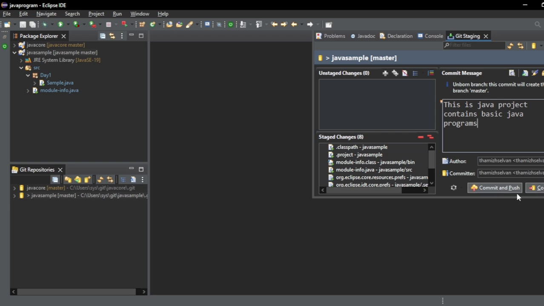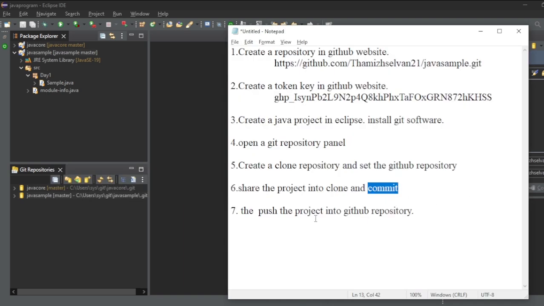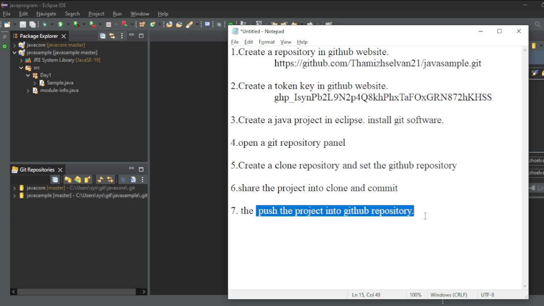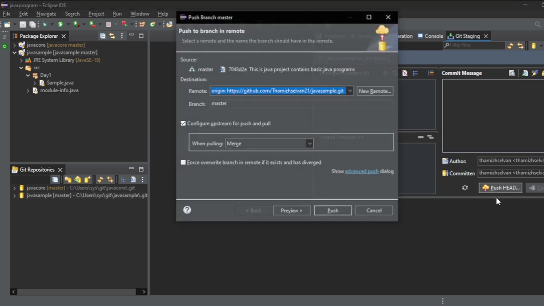Okay, and we have two buttons. You can click on Commit first. Now the project is committed, and then you are done with commit, and then you can click on push the project from Git to the GitHub repository. So you can click on Push Head. Whenever you click on this Push Head, check that the clone is set successfully, and the remote is our repository name set successfully, and then click on Push again,